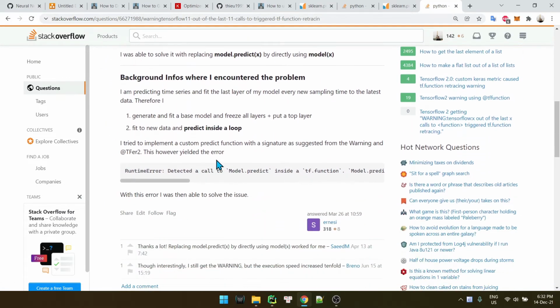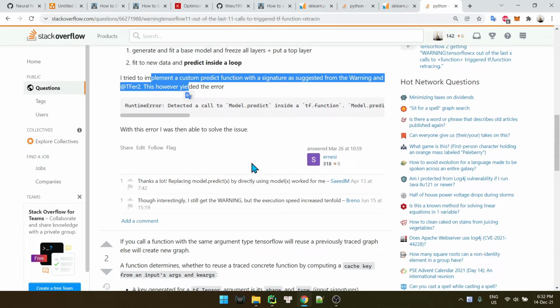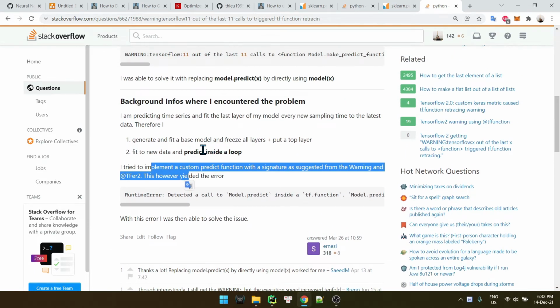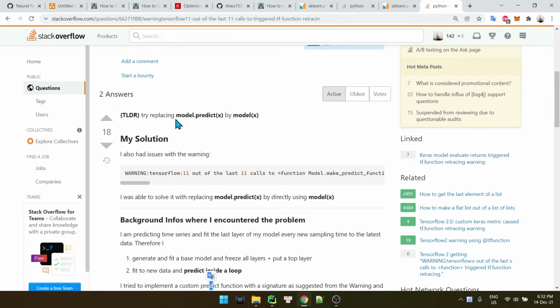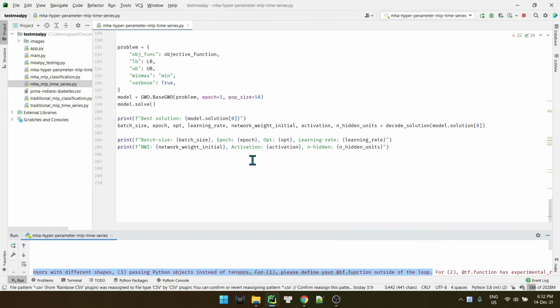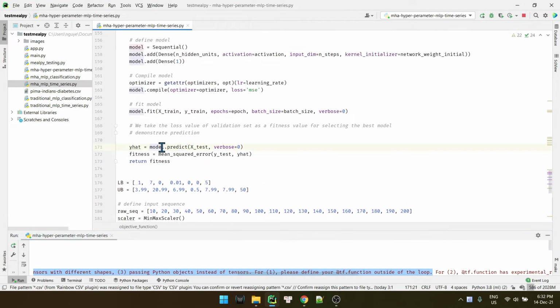This guy said that he was also trying to use time series and fit a model inside the loop like we did. So the solution for this, he said that we try to remove the function and replace this function by the model of this function only. So in the loop function here, right here.